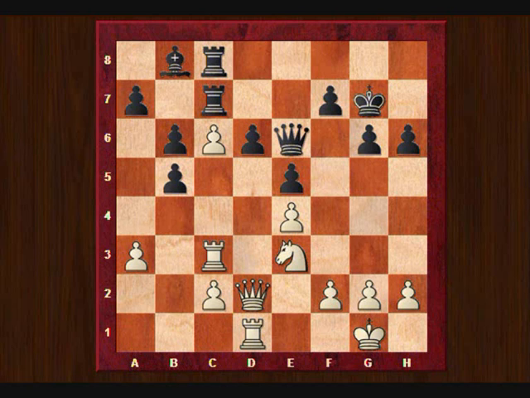Instead of doing that, white now played queen takes d6. So this d6 pawn that had become weak is taken now. And before we do such a thing, we need to calculate a lot. Here is where things start becoming a bit complicated, because to play queen takes d6 we need to calculate what